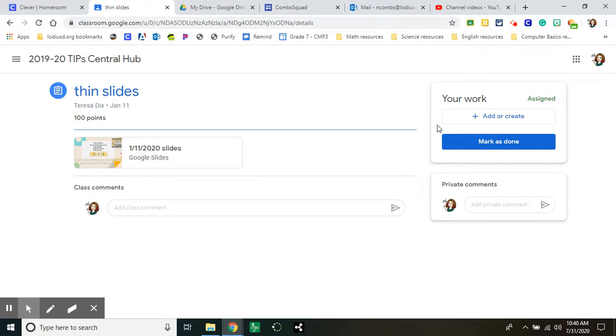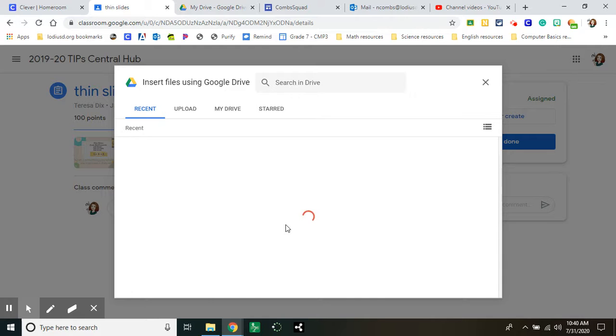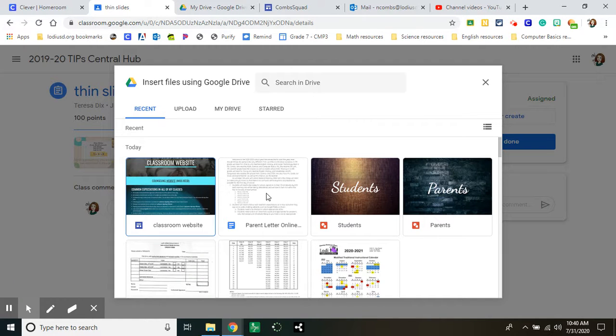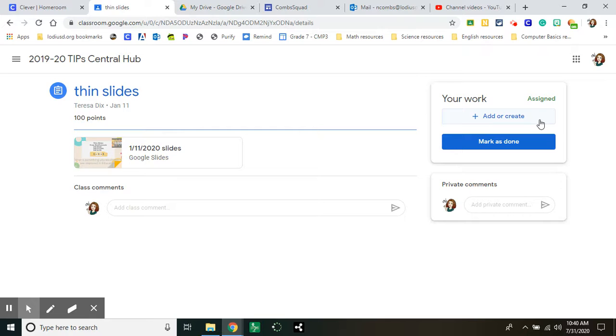This is very important. Please make sure you pay attention to this part. Sometimes you may attach something. I'm just going to attach something super random. We'll just do this one. You'll attach it like that, and you'll wait for it to load, and then you'll be like, cool, I'm done. No, you're not done. You have to click on turn in. If you don't click on turn in, it's not going to tell me that you turned it in, and then I won't grade it. And then you're going to get a 0 on an assignment that you actually did, but you forgot to click on turn in, and that is on you, not on me.